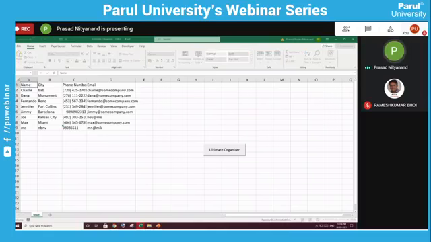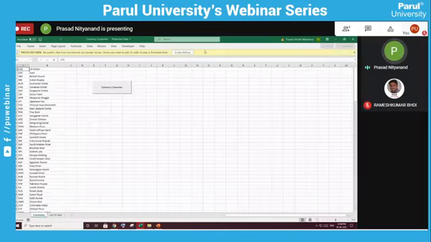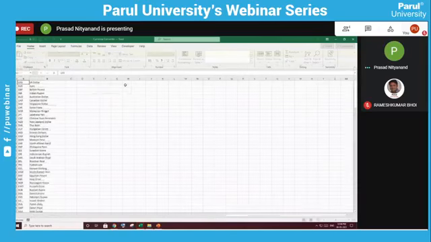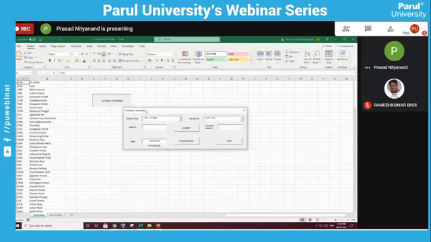Also, I would like to show you one example of a live currency converter. This is the live currency converter which I have created using web data scraping and Power Query, taking the data from the internet.